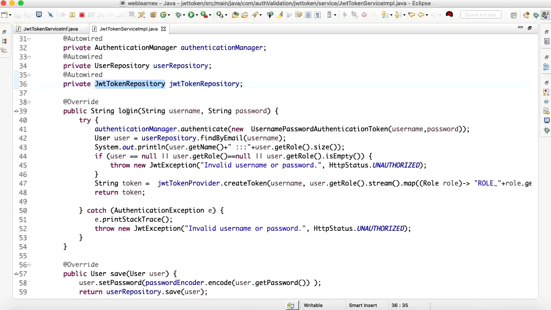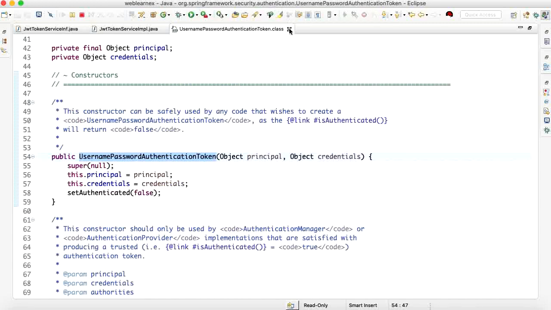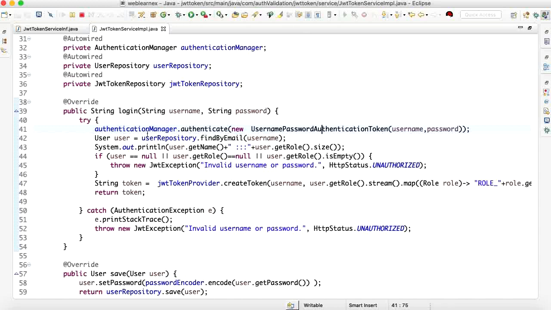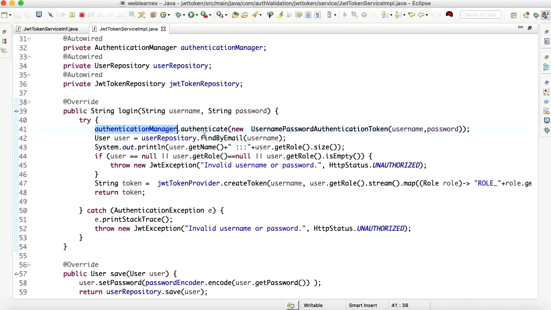For login, when the request comes with the user ID and password, first it will call the user token information which is provided by the JWT tokens. It will grant all the information. It will show the authentication manager information once it is authenticated, which is automatically checked.